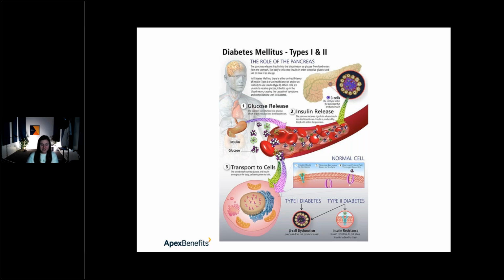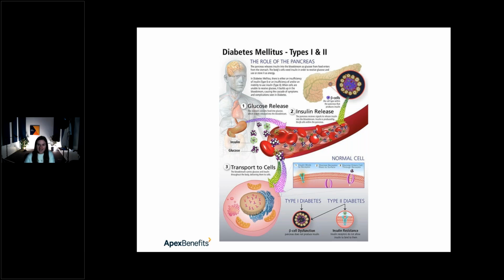And in order to do that, when I eat food, your body starts breaking it down when it comes out of the stomach into glucose. And once that happens, it's going to release it into the bloodstream. When that occurs, your body at the same time has to get that glucose into cells to actually use it as energy. It can't just hang out in the bloodstream.